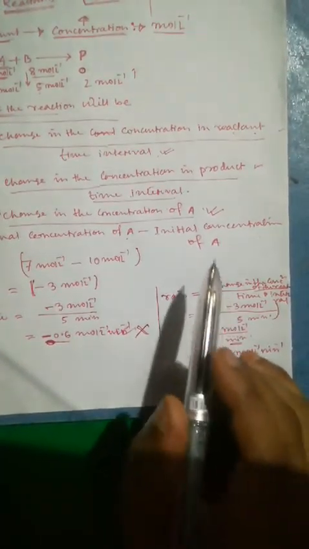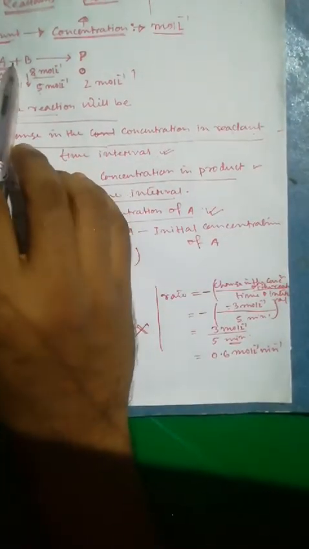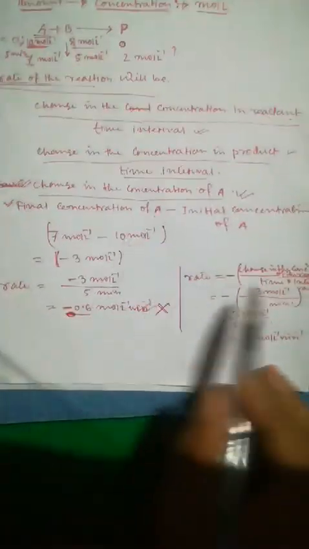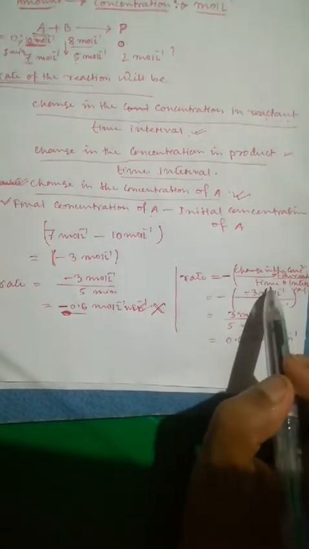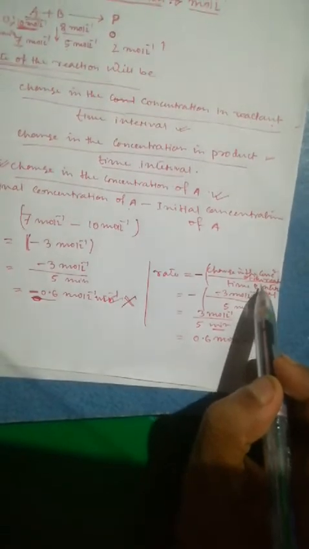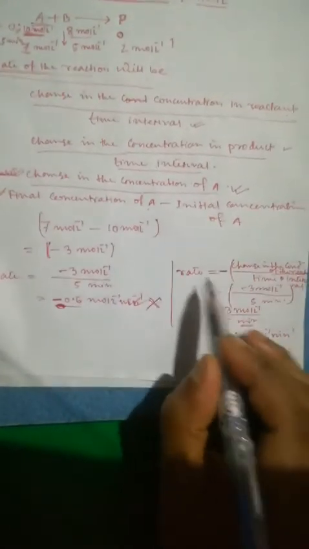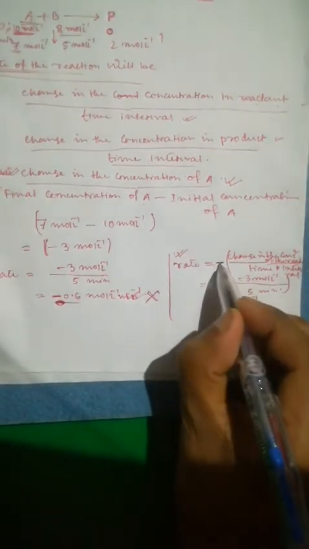Right? So in case of the calculation of the rate of a reaction in terms of reactant, we'll put a negative sign before this formula: negative change in the concentration of the reactant divided by time interval. Okay, all right. So remember, this is a very important point. We have to put a negative sign in the calculation of rate in terms of the reactants, because the change of the concentration of the reactant will always be negative. Okay, and the rate will also be negative. So as we know, rate cannot be a negative value, so we'll put a negative sign before the formula so that we can get the positive rate. Okay, now